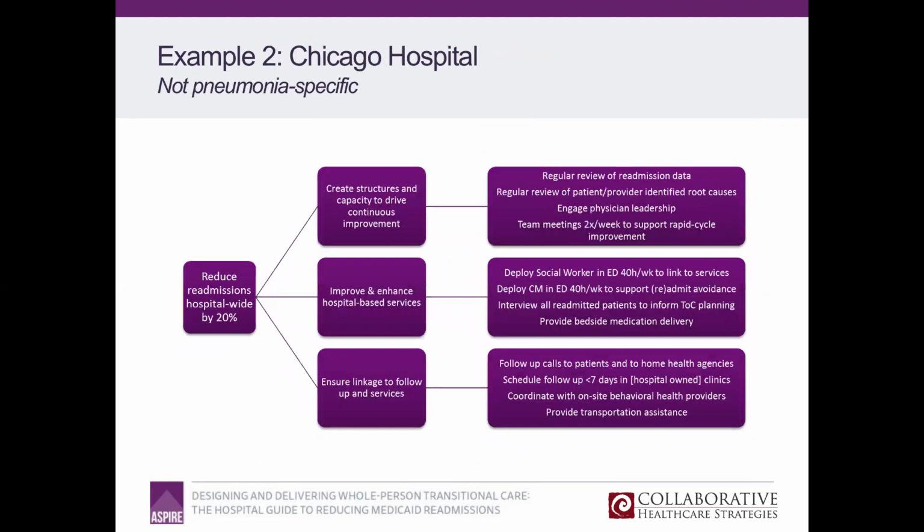Slide 21 is another example from 1,000 miles away in Chicago. And again, not a pneumonia-specific driver diagram. This was a safety net hospital, south side of Chicago, and their major payer is Medicaid. And so they were not that concerned about Medicare readmission penalties because they are such a safety net hospital that really Medicaid was the big issue. And there were many reasons why the hospital was motivated to slow the cycle of utilization for Medicaid.